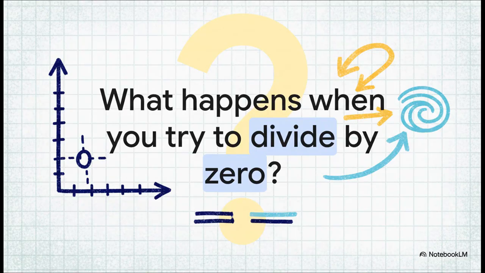So, we've all had it drilled into our heads, right? You just can't divide by zero. It's the one unbreakable rule. It's undefined, a total dead end. But what if we could get infinitely close to zero without ever actually getting there? What would that look like? Well, that's the exact kind of puzzle that calculus, using limits, was built to solve.